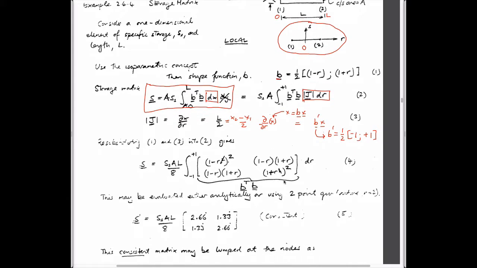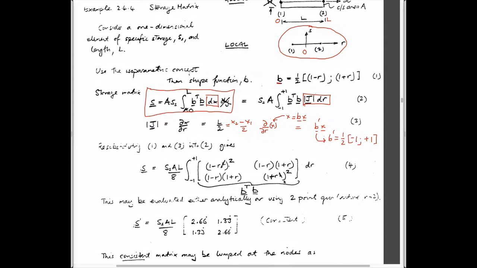Get that by inspection. And to be able to put together this matrix, we need B transpose B. I won't write that out, but if you use these values for the shape functions, you end up with terms like this. Again, you have one term on the leading diagonals, which looks similar, and terms on the off diagonals, which look similar. If you do these integrations using numerical integration, which